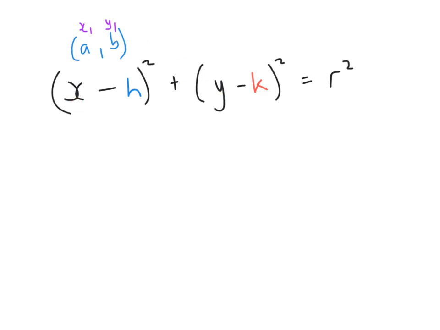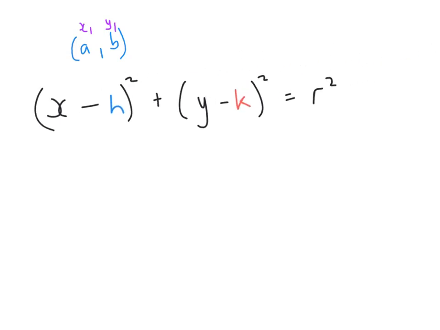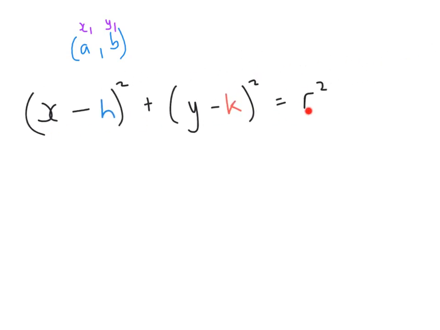Basically, if our total on the left hand side is equal to r squared, then it's on the circle. If it's less than r squared it's inside the circle, and if it is greater than r squared then it